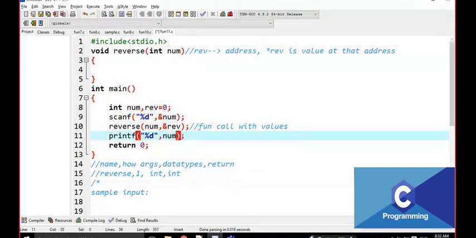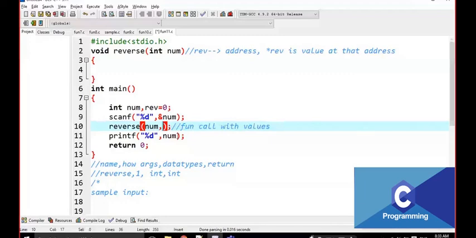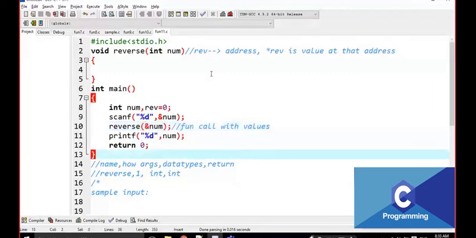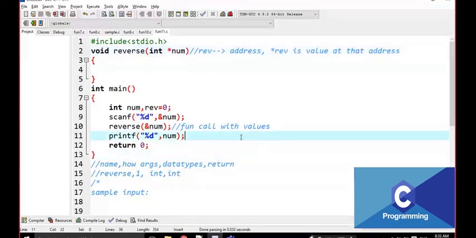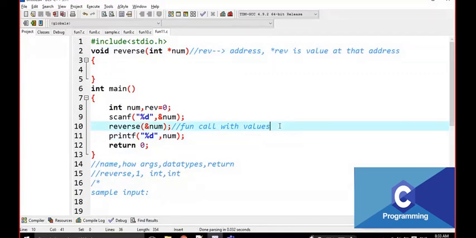You have to observe the main function first of all, how it is written, and the function definitions. Now look at the function call. The name of the function call is reverse. There is no return type, and we are passing only one value.